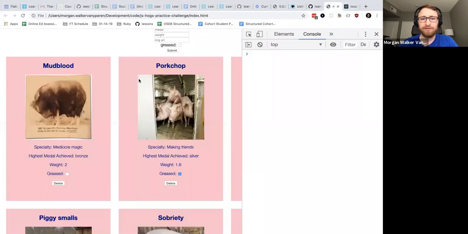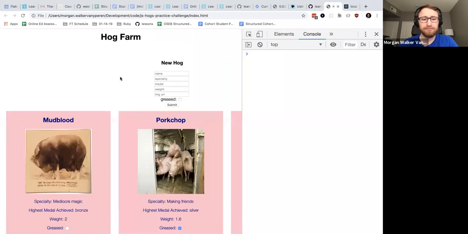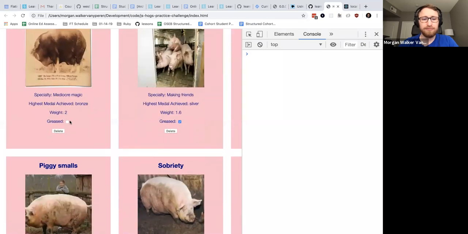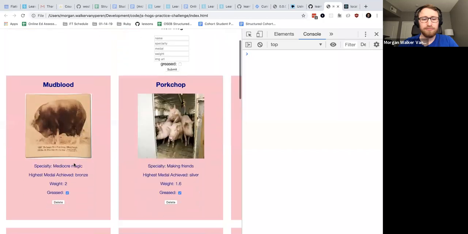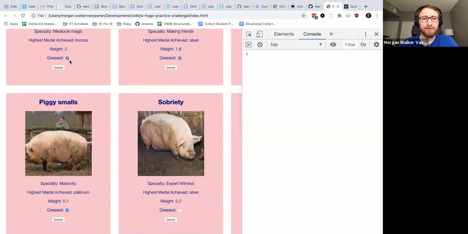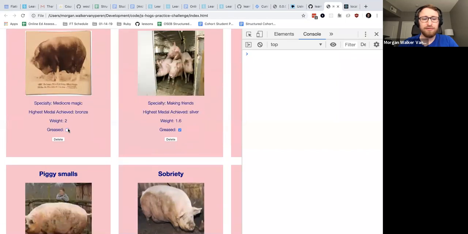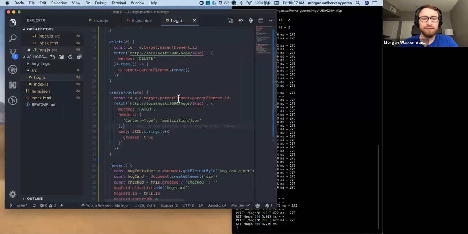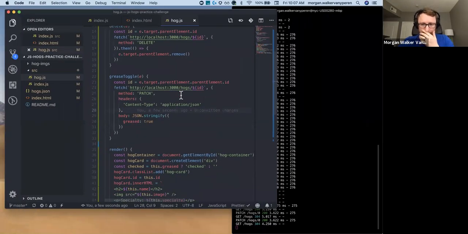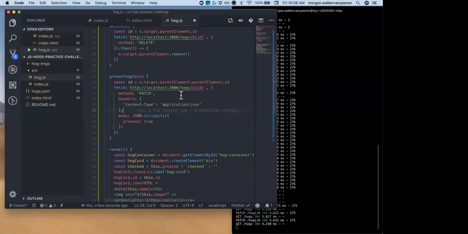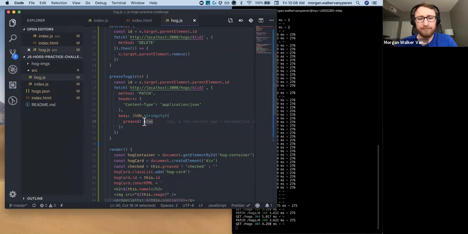So let's refresh this page. Persisting. Now it's not going to persist when I do this. Anybody remember why that is? Well, when you uncheck it, yeah, you're only ever setting grease to true. Yeah, good call. So instead of true, I need to actually figure something else out here. Since it's a toggle,